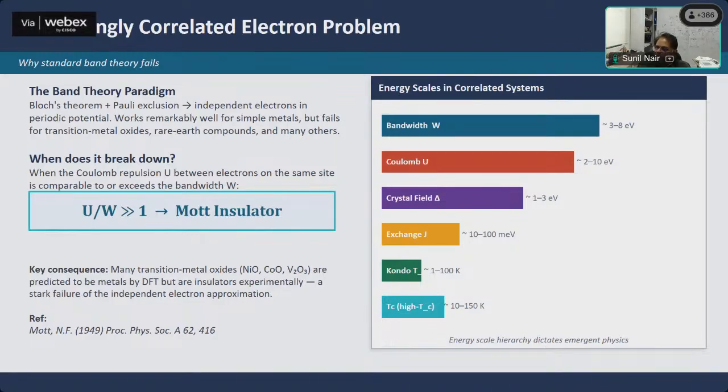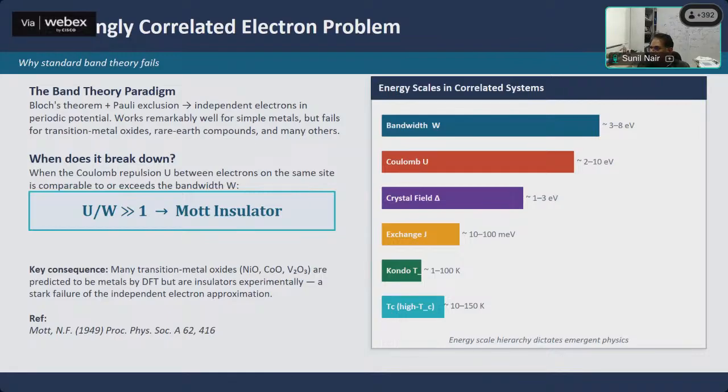So, the kinetic energy equivalent term in a solid is what is known as the bandwidth. It's typically denoted by W. Some people also call this the one electron bandwidth or the effective hopping integral magnitude. That basically mimics the kinetic energy part of the Hamiltonian. The potential energy part is basically the Coulomb repulsion, also called the on-site Coulomb repulsion, typically dictated by the term U. Now, if you see carefully, both of these are always in similar ballparks.